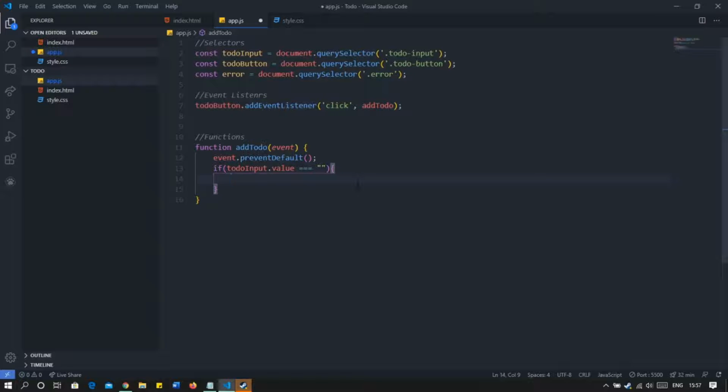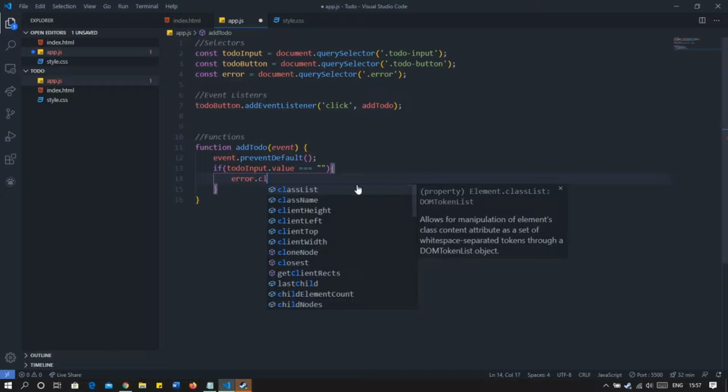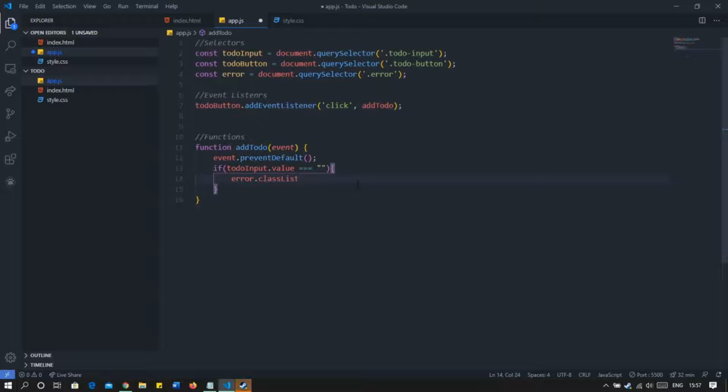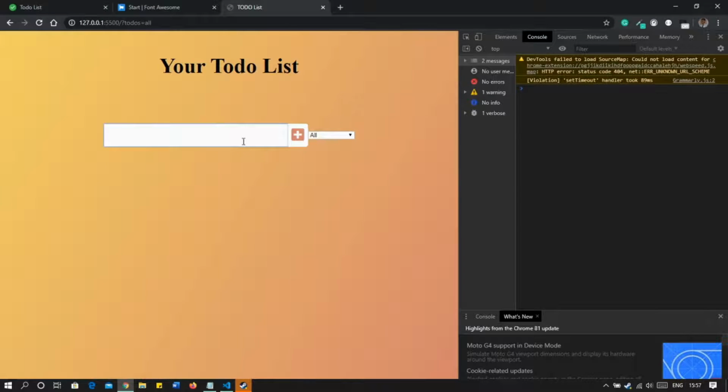So I will use this error dot classList, so we can access each and every class that it has. I'll show you what this prints. Console dot log. So we can keep this empty and I press the button. So yeah, you can see we have the elements back here: error and hidden. So this is an object which has all the values and the list of classes that are present inside. So we will have to remove the element hidden.